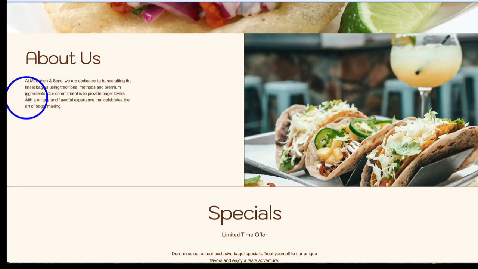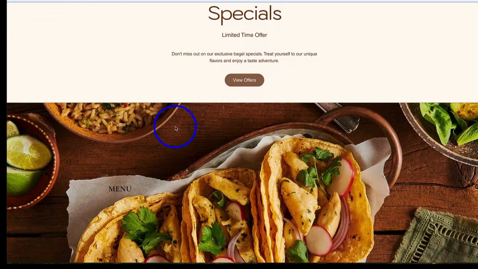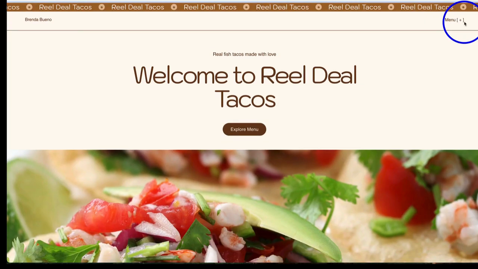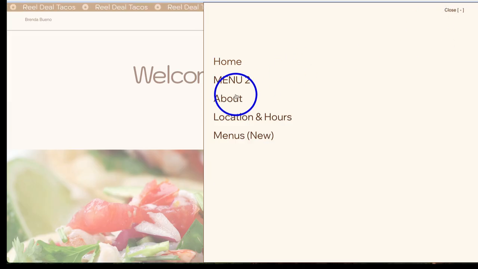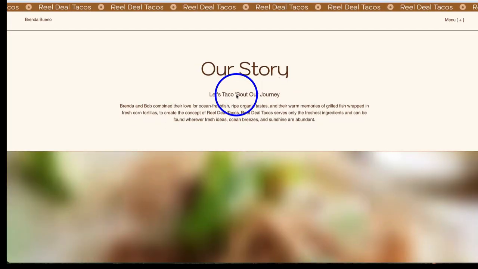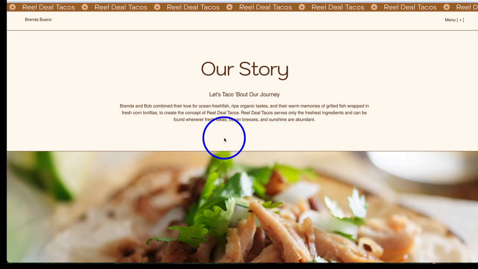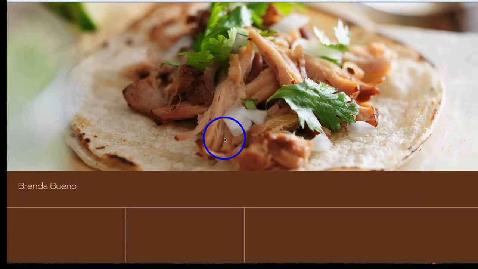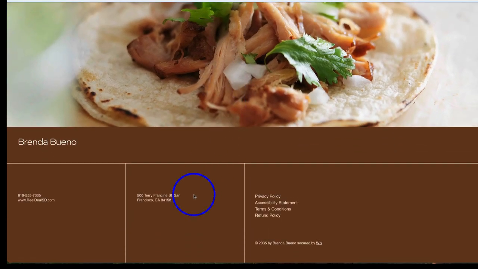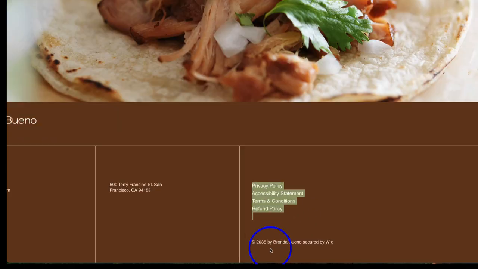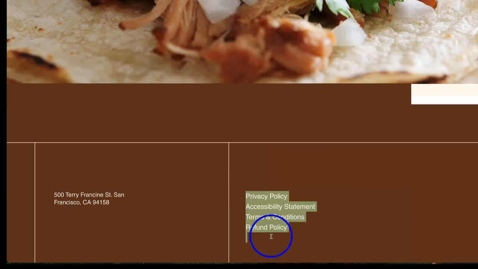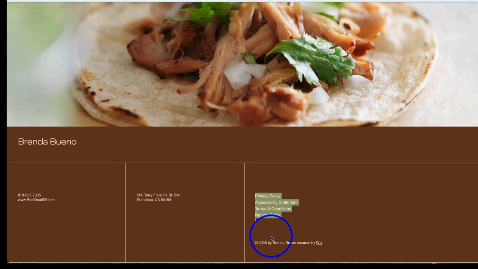You can put just a little brief something about the company since you already have an about page. Okay, and on this about page, you're going to put more of the content that you were given by the client. Take this off and take all of these off and update your year. Okay, also you'll need a disclaimer,